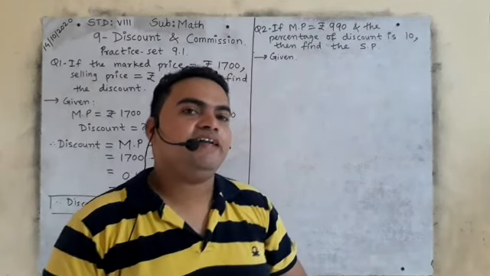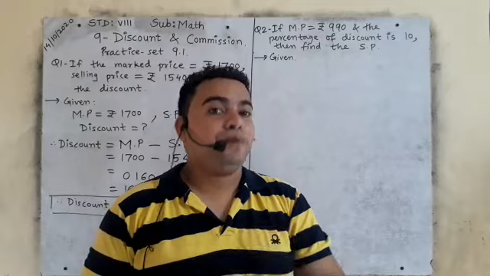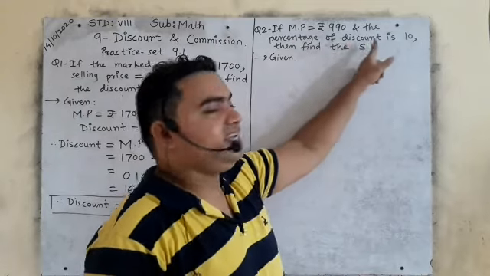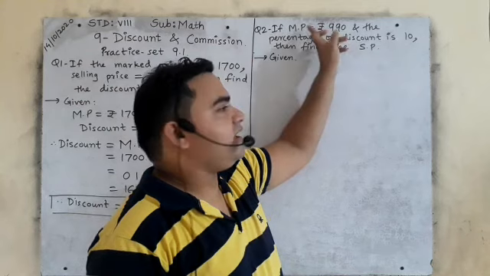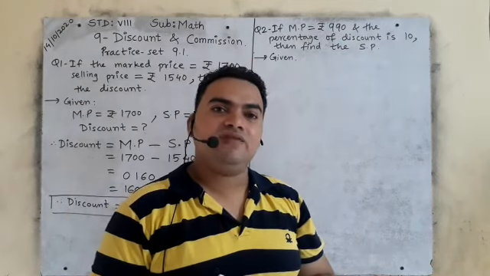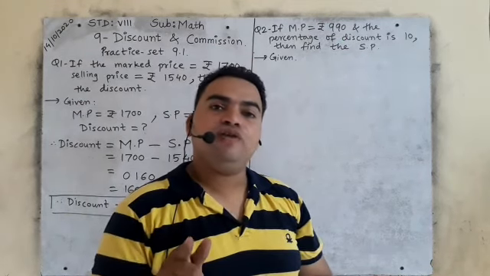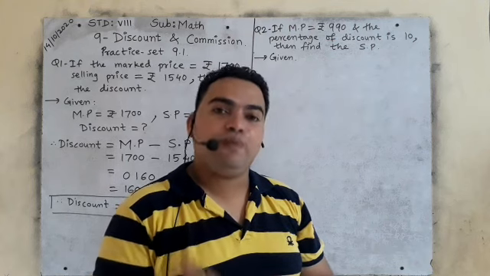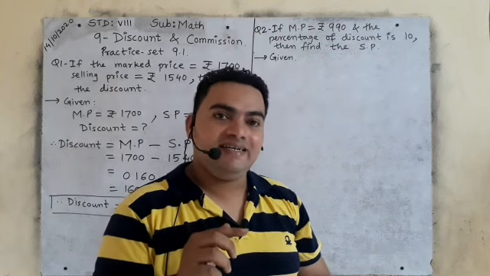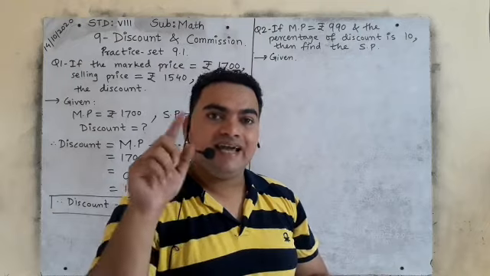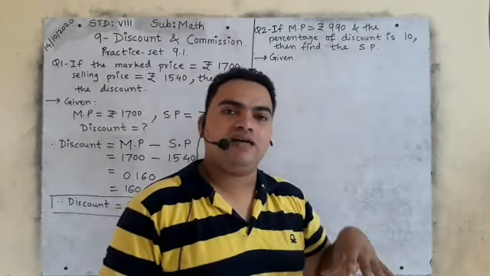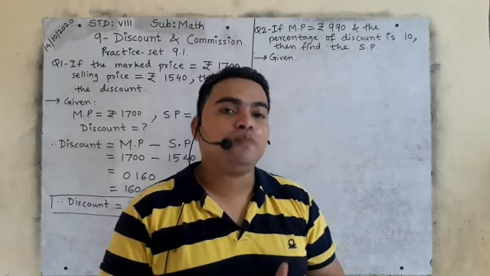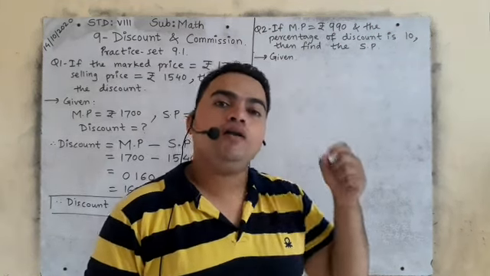First we will find out discount in rupees, because discount in percentage is given, and discount in percentage we can find out on mark price only. Mark price is given 990. So you will find out discount in rupees. That is 990 multiply by 10 upon 100, because 10% means 10 upon 100. Then you will find out how much rupees discount you will be getting on mark price.